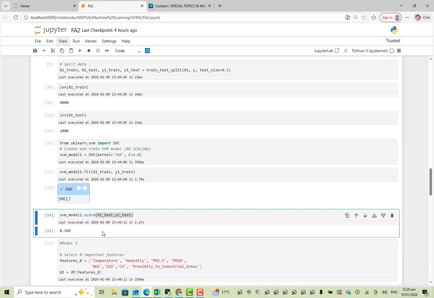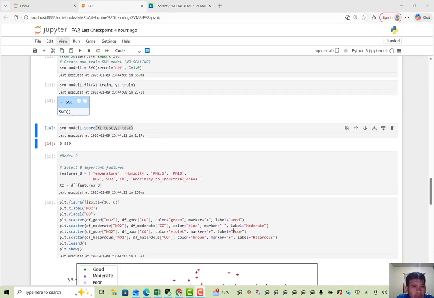For model 2, I selected 8 important features.